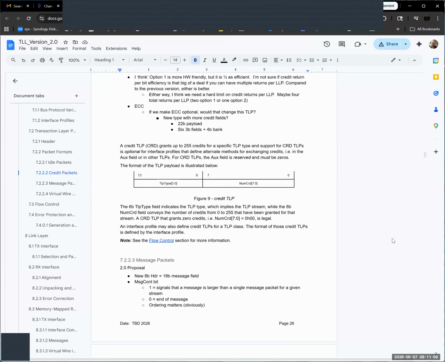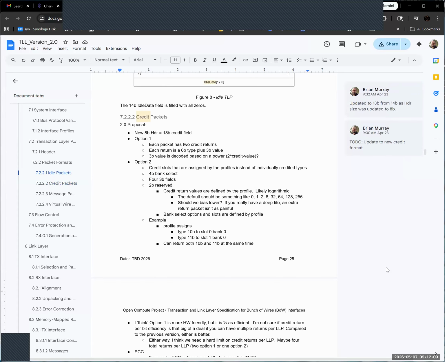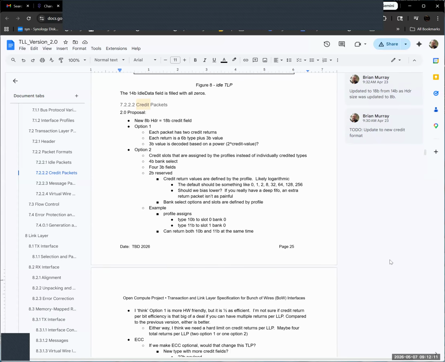I'm trying to think about what makes the most sense here. Each of these things has different impacts: if you don't credit them, what's the new restriction in an LLP if you can allow people to send more than one?